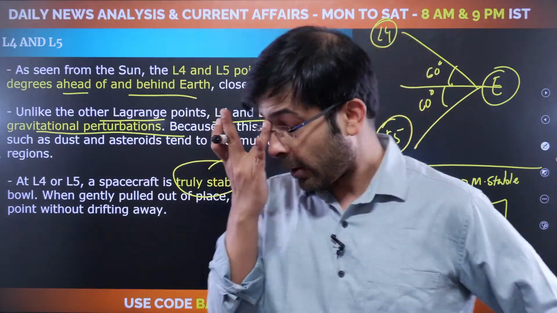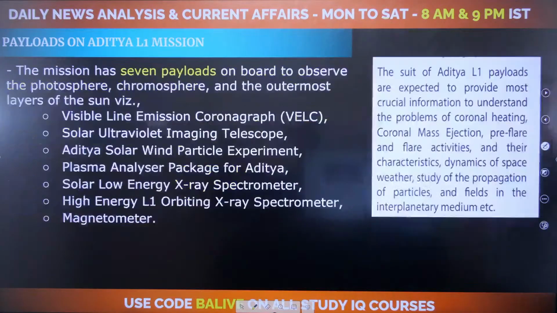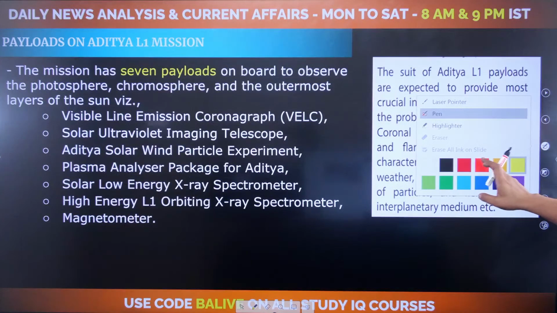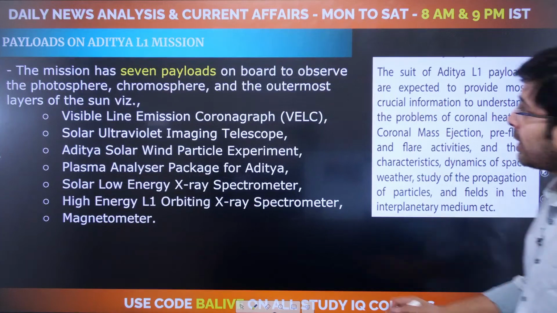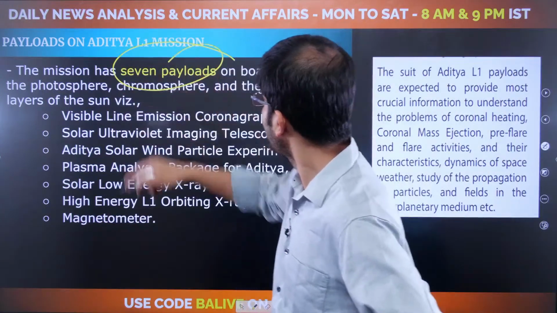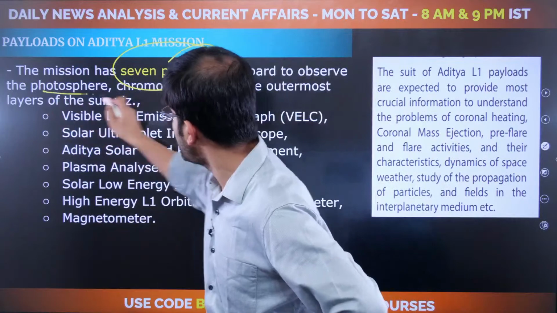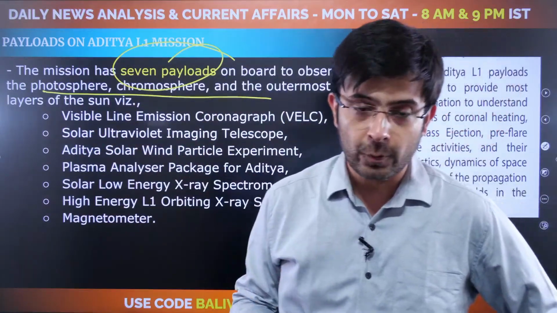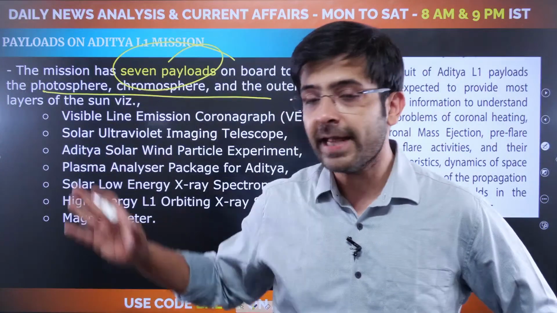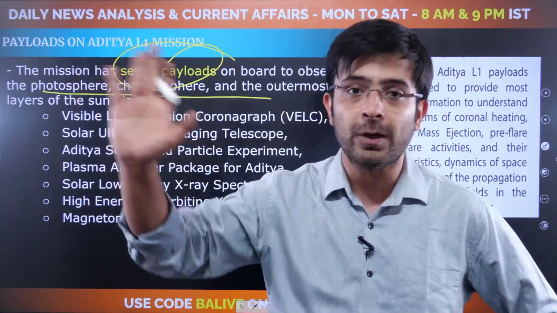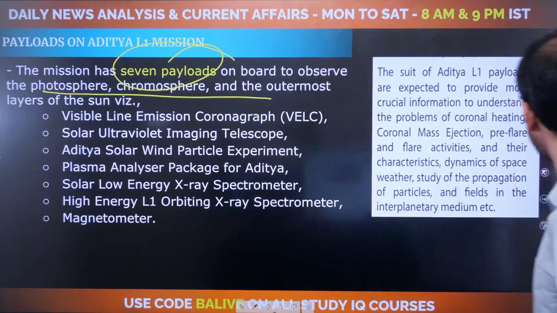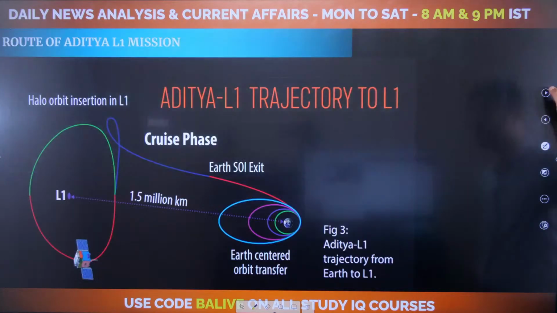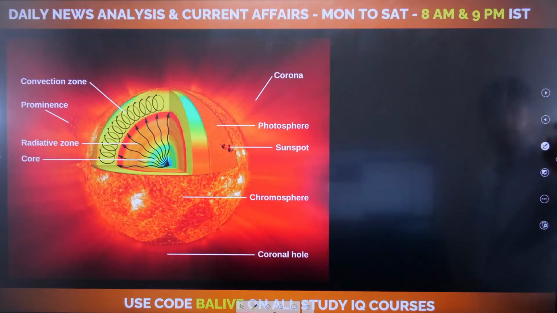All right. Let's move forward now and understand Aditya. So now the Aditya L1 mission, you know it's going to Lagrange point 1. What has it got? It has got 7 payloads on it. And it is going to study all of these terms: photosphere, chromosphere, corona. What are they all about? Let's understand that first. Then we'll understand what it is carrying to study what. So let's understand the surface of the Sun first.